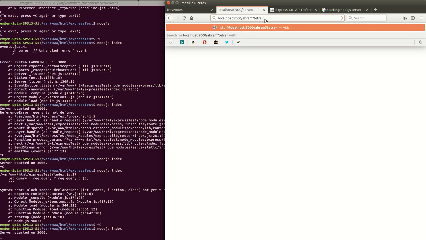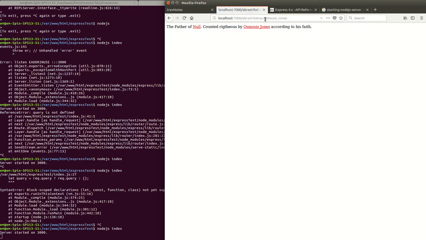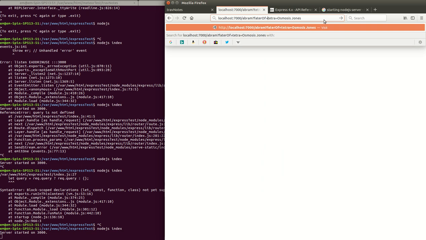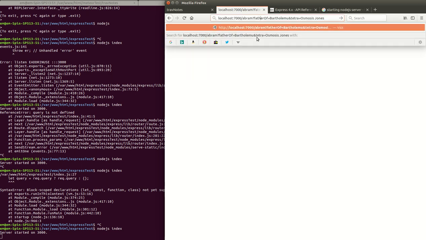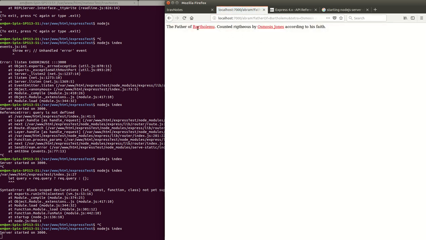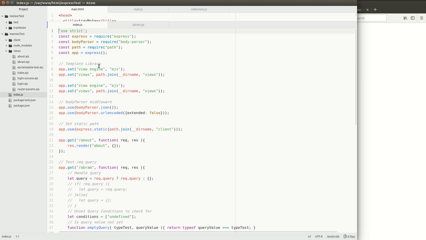Tetra equals osmosis Jones and father of equals Bartholomew father. So the idea was I just wanted to create this paragraph to send in two values to practice. So now let's